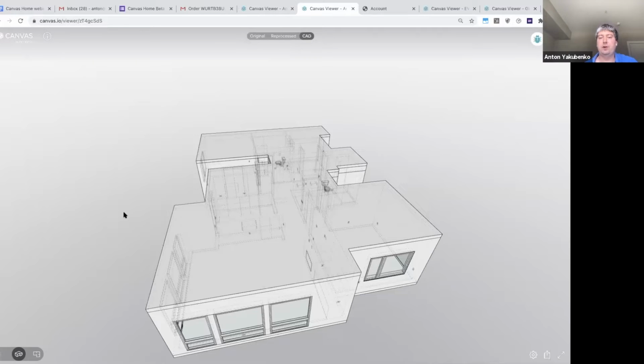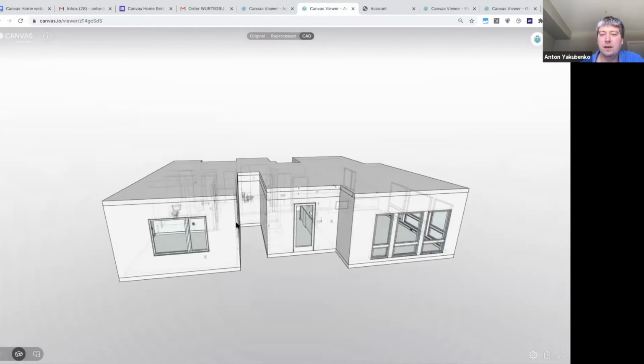What I have shown you was usually a scan of a single room. But if you want to scan the whole house, it's also possible. Right now, it's only possible if you order the Scan to CAD service, but the ability to have a merged scan is coming. Even now, you can scan each room separately and submit them as a merge order. You will have this option in the app,